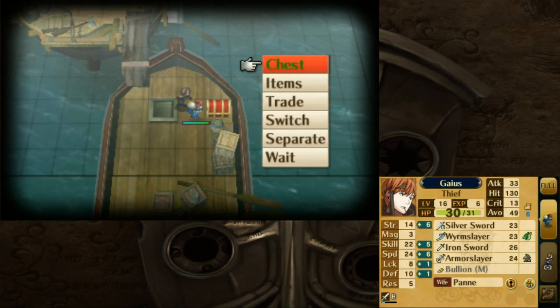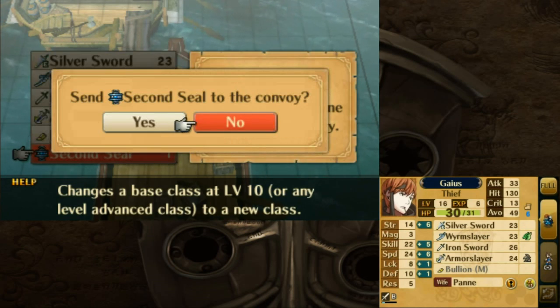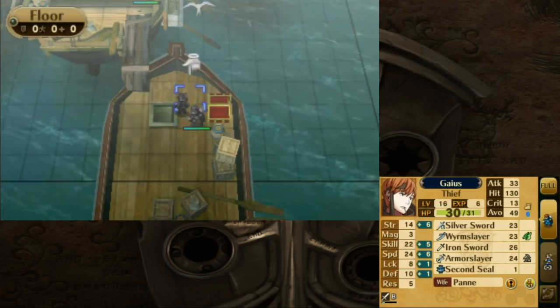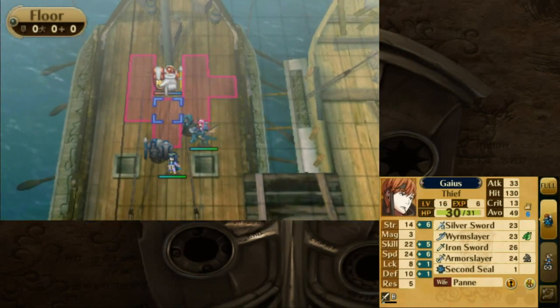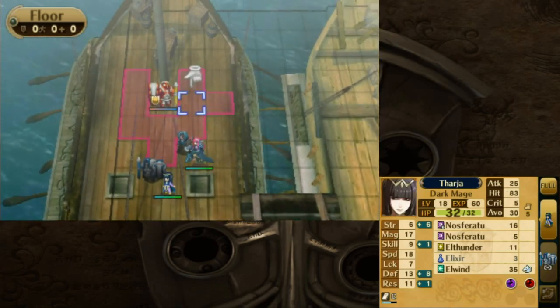There we go. Second seal. That could actually be kind of useful for Pan soon. I'll talk about that maybe next chapter or something. I'm kind of thinking of possibly reclassing her. Anyway,